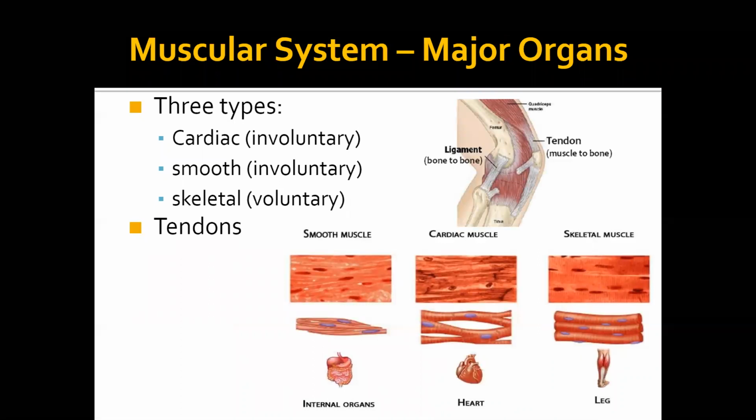There are three types of muscle found in your body. Cardiac muscle, which is your heart muscle, and that's going to beat involuntarily. You do not control how fast your heart beats, your body does. There's going to be smooth muscle, which is found in your digestive system, but also in your arteries. And that is also an involuntary muscle. You do not have conscious control over that. Your body has subconscious control, just like your cardiac muscle. And the skeletal muscle that's found in your body, which you do have conscious control over because you can choose